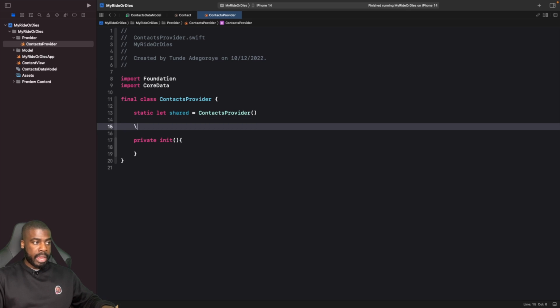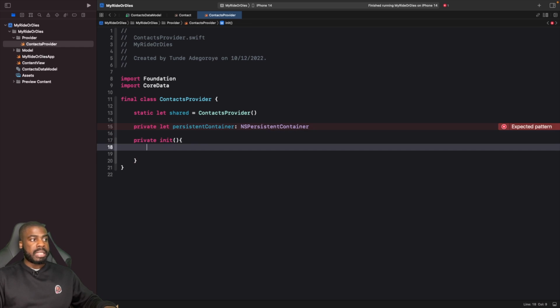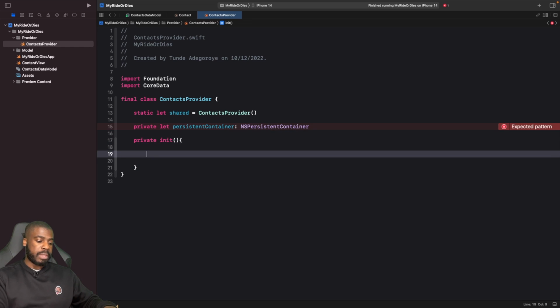We're going to create a constant first of all. I'm just going to say private let, and its type here is going to be NSPersistentContainer. Within our initializer, we actually need to, like I said before, load it. In order to do that, we want to create an instance of an NSPersistentContainer. So we're going to say persistentContainer is equal to